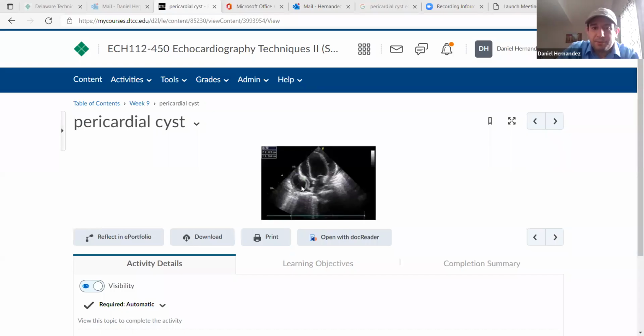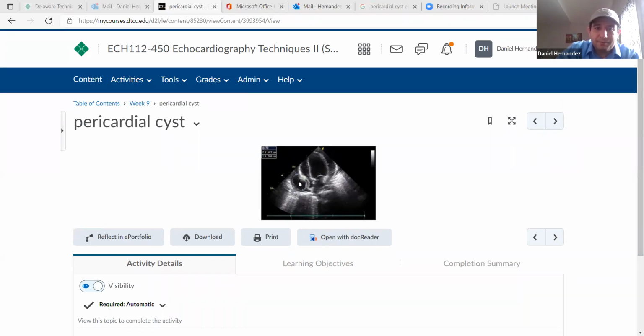So this was a picture I found for a really decent size pericardial cyst. You could see there is a pericardial effusion. If you look at this picture, you could see the LV, and then around the LV, you see some fluid. You can see a little bit of fluid adjacent to that cyst as well. And then you see this oval, rounded structure,